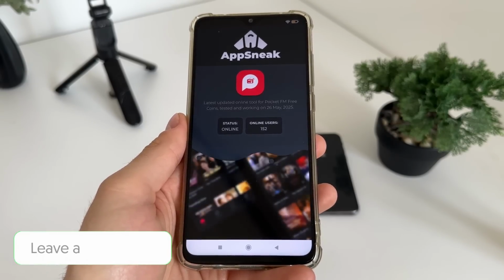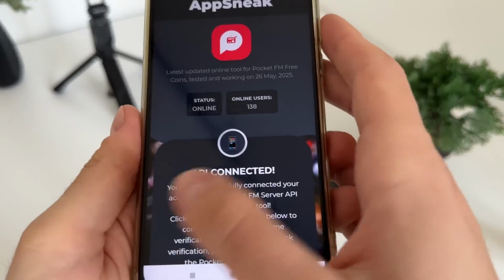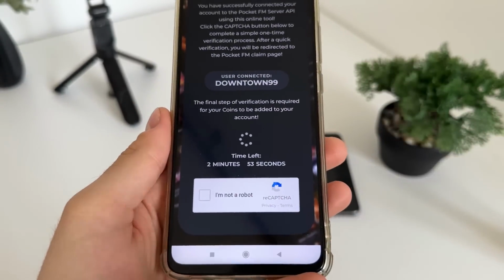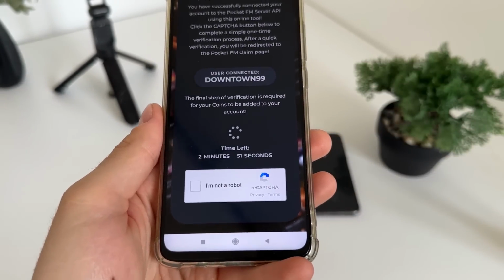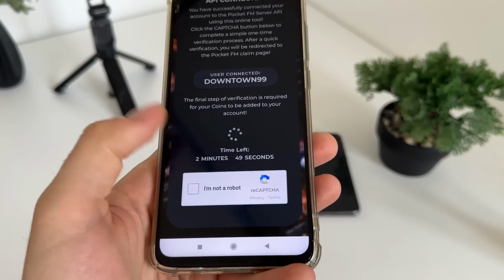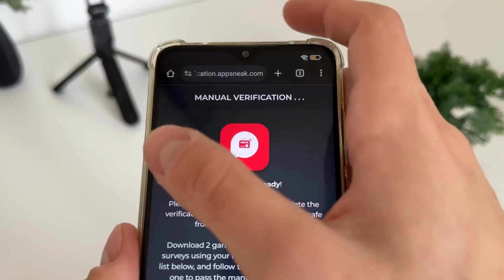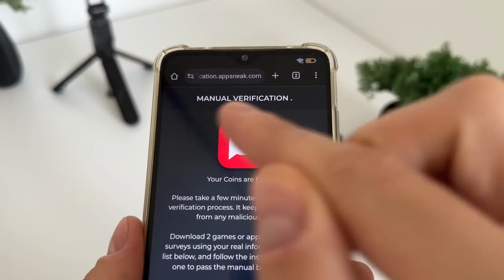And there we go, guys, API is connected and our user account is connected. So guys, we will have a few minutes to complete this bot captcha because there is a lot of malicious bot attempts. So just click I'm not a robot, and guys, it should redirect us to the manual verification, and it's the last step until we receive our